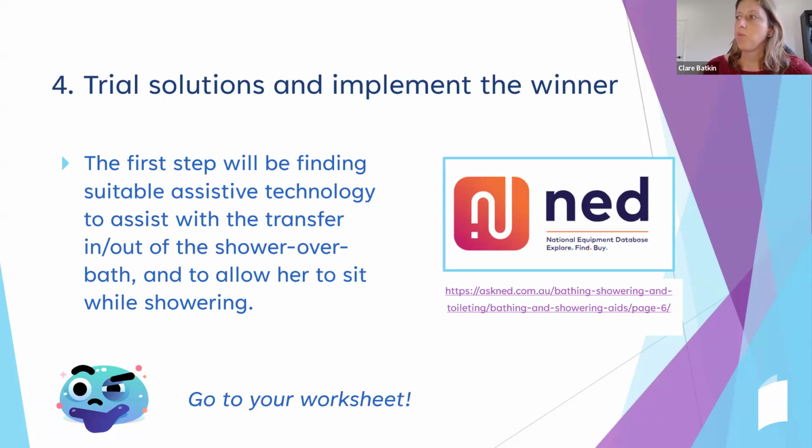So what you can do is I've dropped in a link for a website called NED, which is the National Equipment Database. It's a really good place if you're trying to find all the different types of equipment or assistive technology that are out there. Again, there's another worksheet which I'm going to jump to the answers to show you. But if you're watching the recording, you can pause and go through this slowly and have a really good look at all the different options on the NED website to find out what's available when it comes to equipment. But if I jump to the worksheet just to show you,